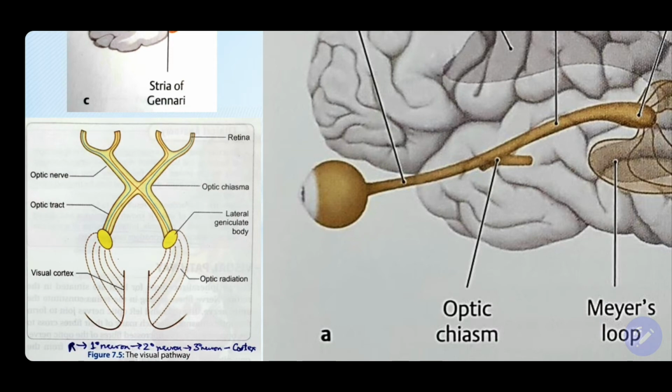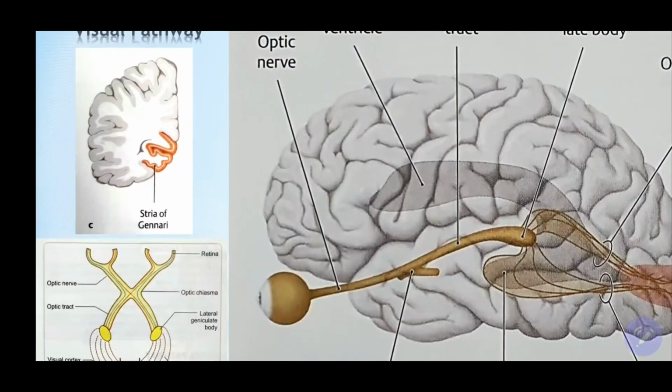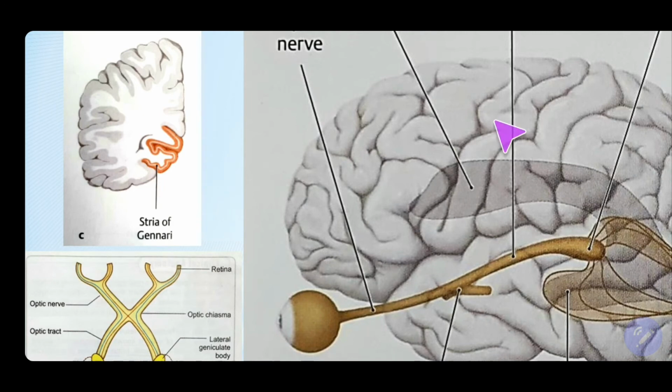So the important thing is, when you see it in a gross specimen, you will easily be able to appreciate a white strip of white fibers on the surface in this calcarine sulcus, right? That is mainly because the fibers of the optic radiation reaching here lie on the surface, while the gray matter gets depressed deep inside. So you can write it here: the white fiber is placed outside,